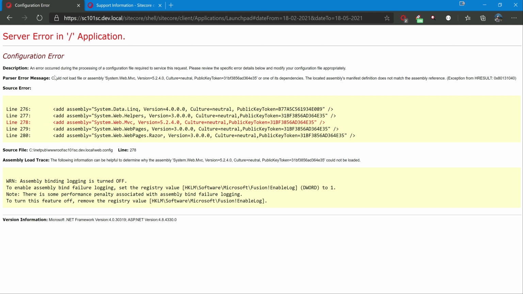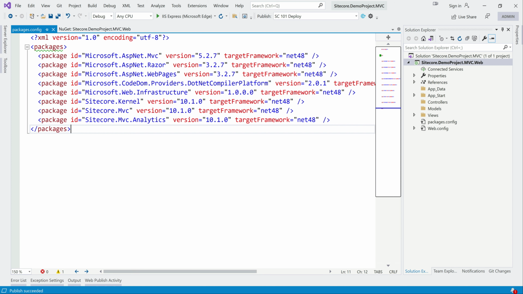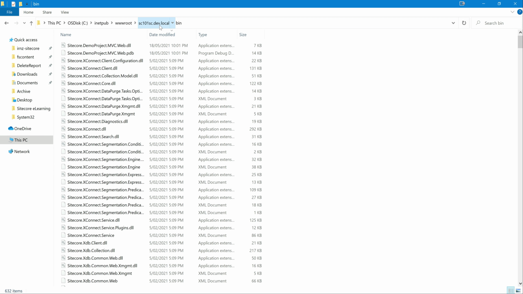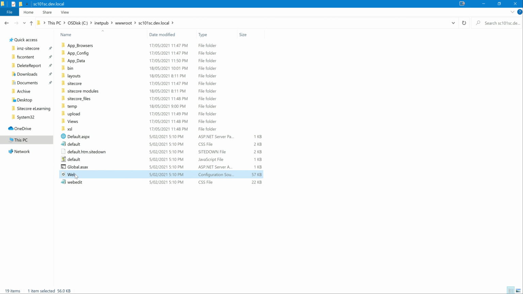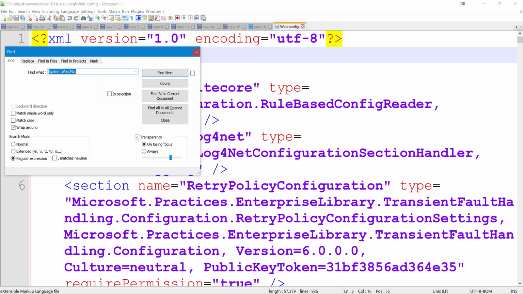It is telling could not load file or assembly System.Web.Mvc 5.2.4. Let's see what we added from the packages, because we didn't add the package, it came automatically. So yep, it is telling 5.2.7, but let's go to web.config. Web.config is the default one which got installed using Sitecore.